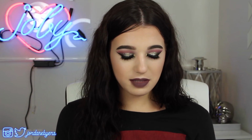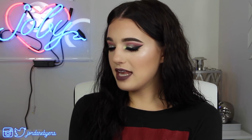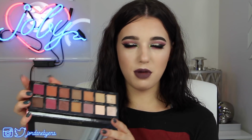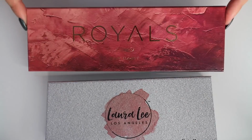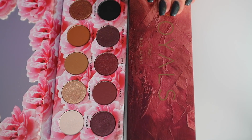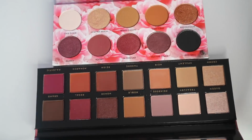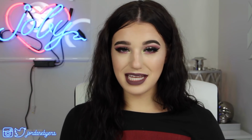the Modern Renaissance palette. So this is what the Laura Lee Los Angeles palette looks like, and the dupe I have is this palette from Bad Habit called Royals, and it is supposed to be a dupe for the Modern Renaissance palette, but I found that there was a lot of shades in here that were pretty identical to the Laura Lee Los Angeles palette. As you can see from the swatches, they're pretty much the same gist, but this Royals palette from Bad